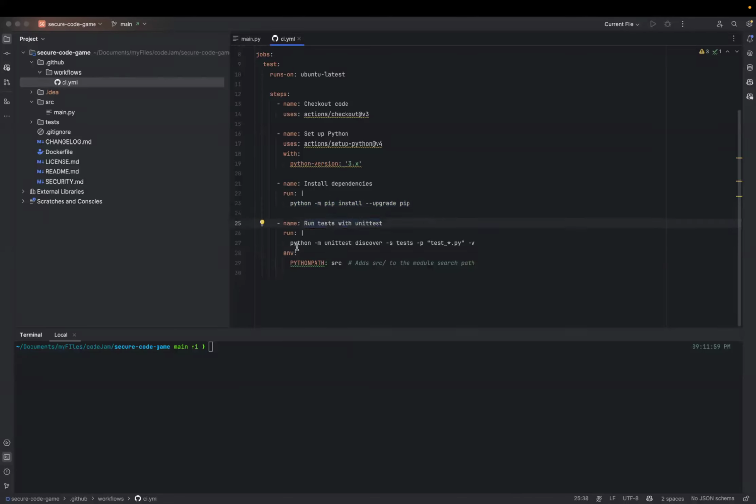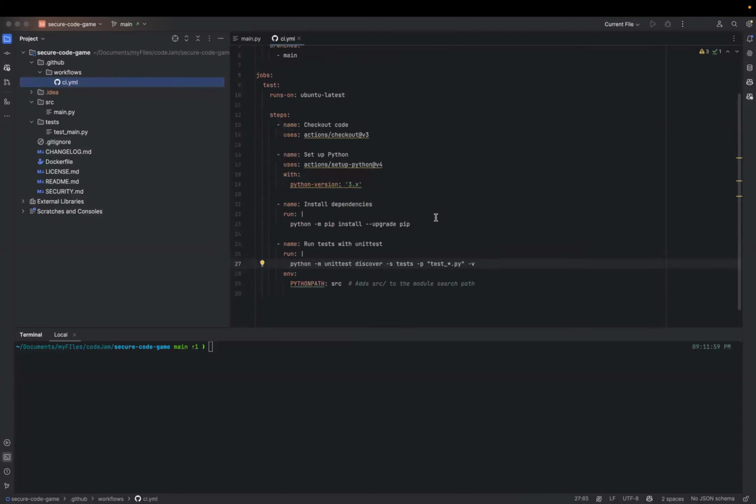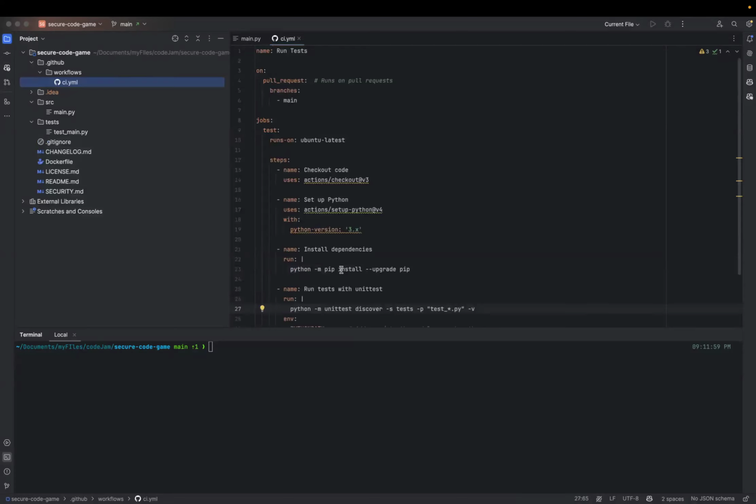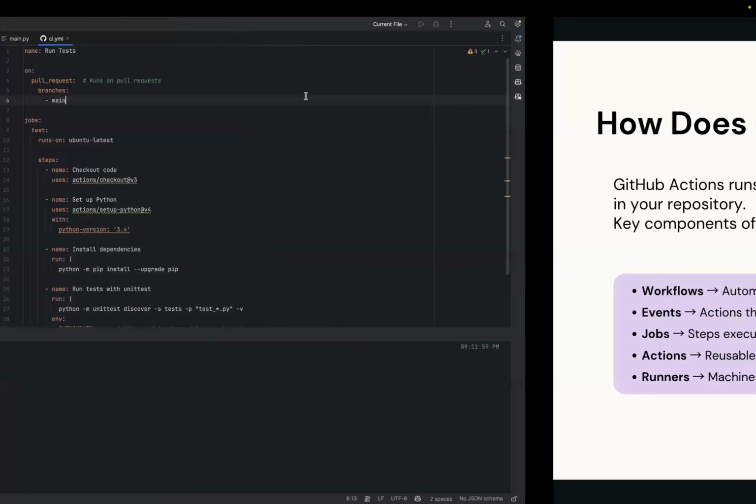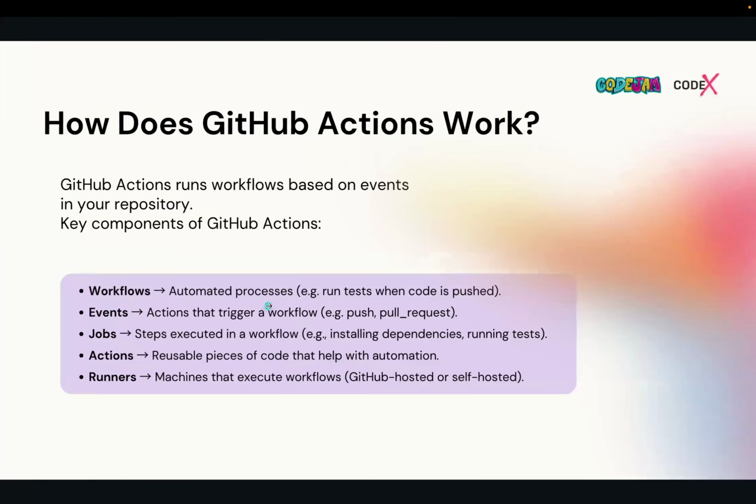So we have run the command python -m unittest discover tests, which runs test star Python files inside the tests folder. That's the basic workflow that we run when someone makes a pull request to the main branch. I think you get a brief introduction to GitHub Actions.